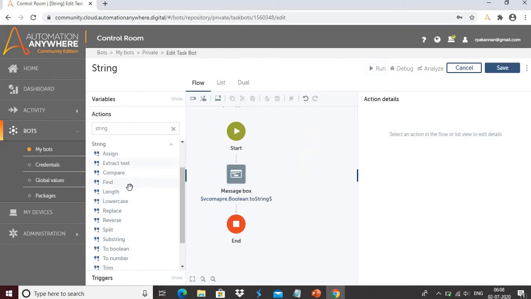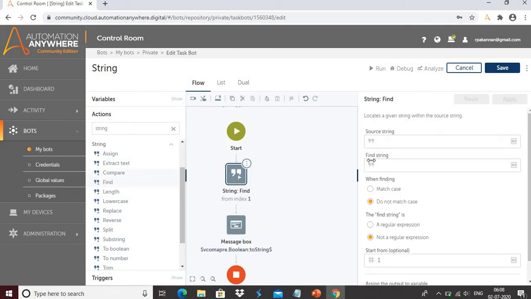Let me delete the action and the next one is Find. Just drag and drop the Find. At this time I will use automation anywhere 789. Okay, I'll use it. And here I want to find a particular value from this source string.